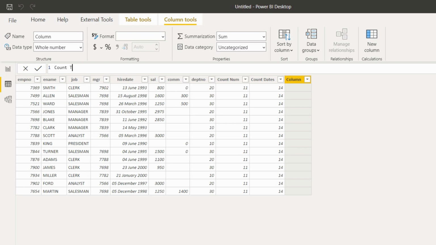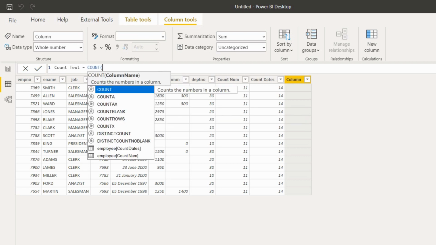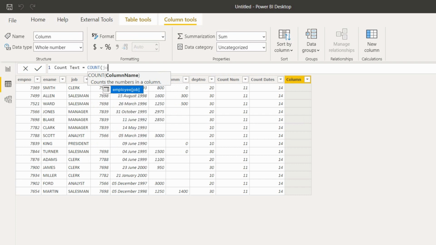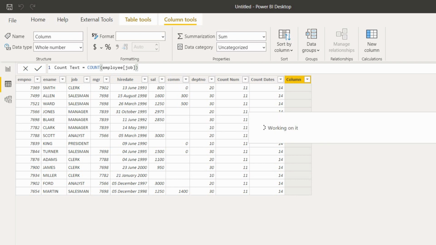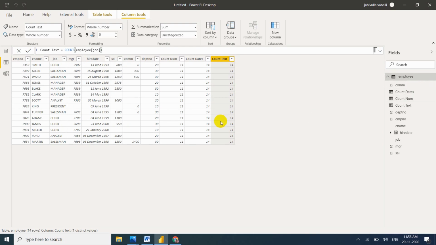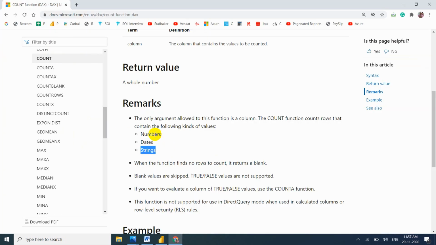Count text equals COUNT of the Job column. Just enter it. See, for text it's working. They gave only numbers and dates; I just tested text also, and for text also it's working.